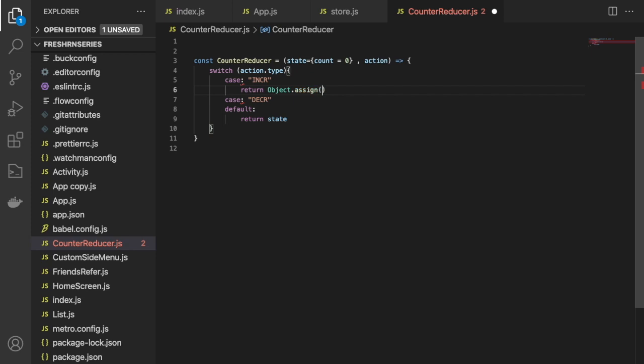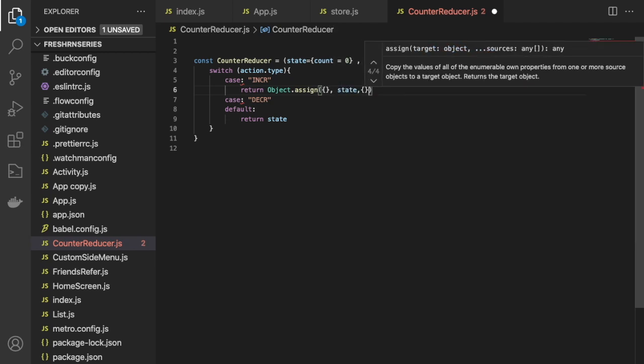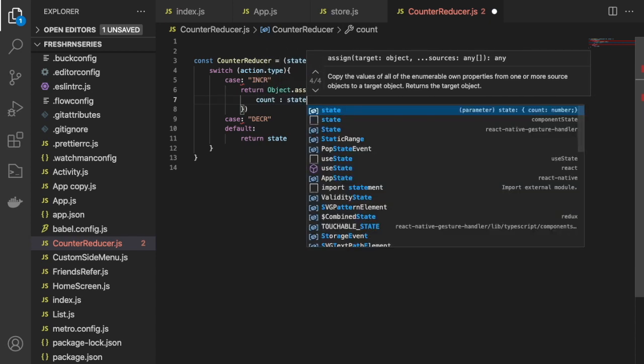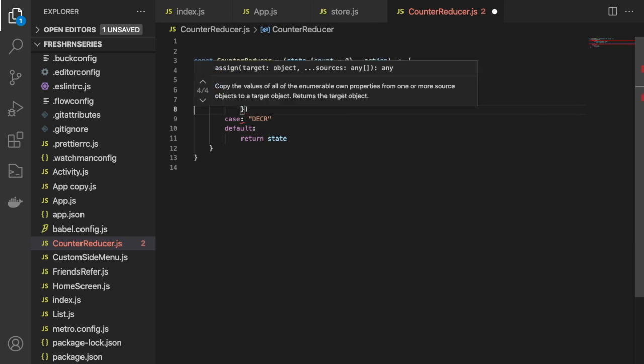We have to return the updated state. So ...state, and then under this we have to return count, as old state.count plus 1. Cool.